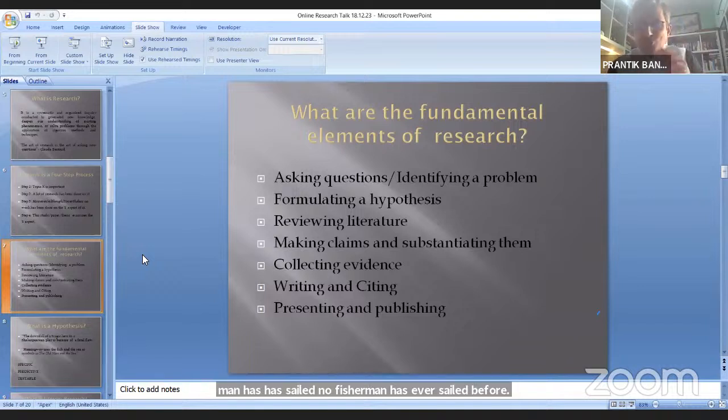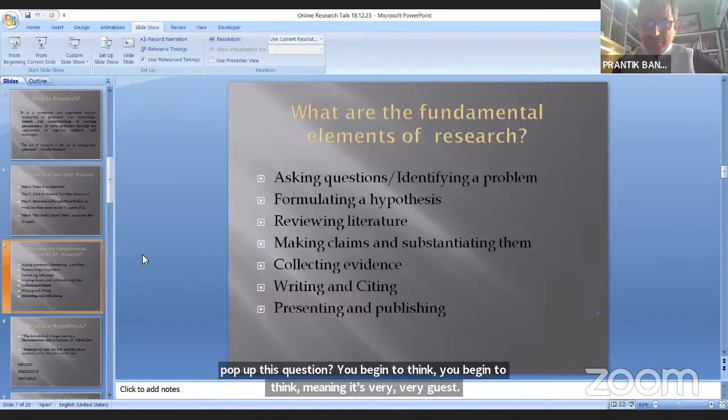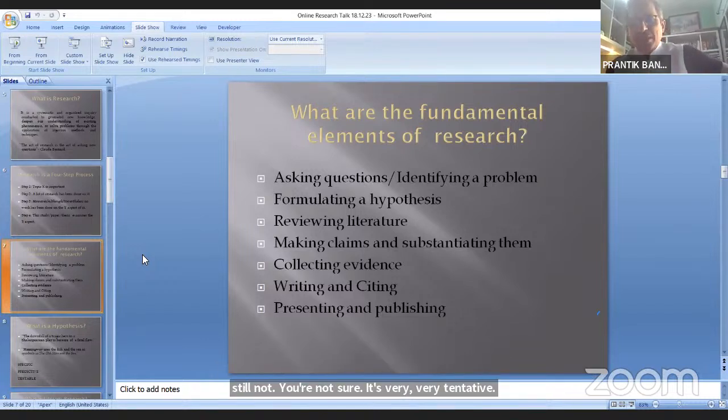So you look at the recurrence, the repeated appearance of these animals, the fish and the shark and the marlin, and you begin to suspect: is it possible that Hemingway might have actually used this animal imagery in the telling of the story for something deeper, something more significant? Well, remember, how did I pop up this question? You begin to think, meaning it's very much a guess. You're not sure. It's very tentative. You are speculating. There's a hunch. And so,